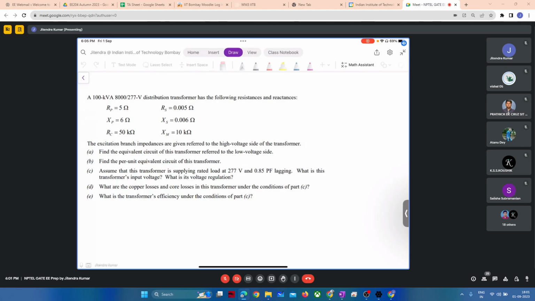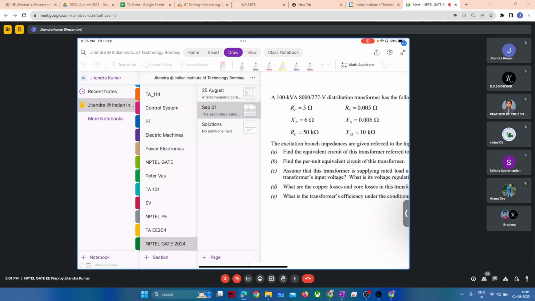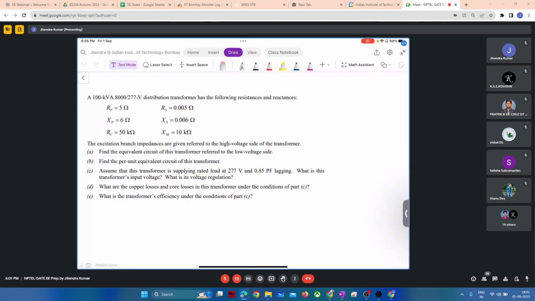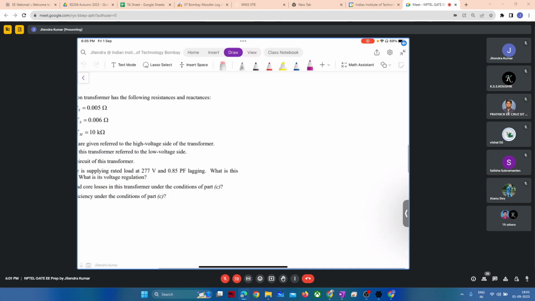In the first part, it is asked that we have to find the equivalent circuit of the transformer referred to the low voltage side. Okay. See, a transformer has two windings. I think we all agree. It is again disabled. Yeah. So when we draw any transformer, we have basically